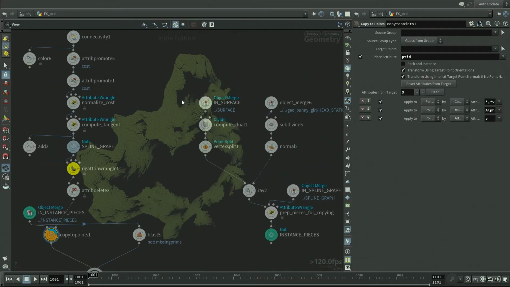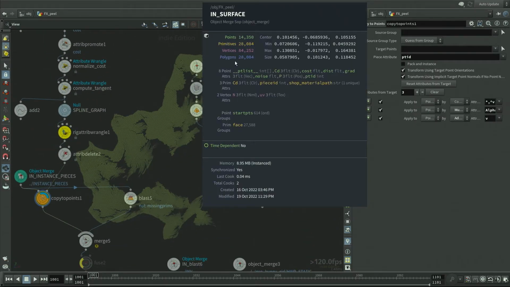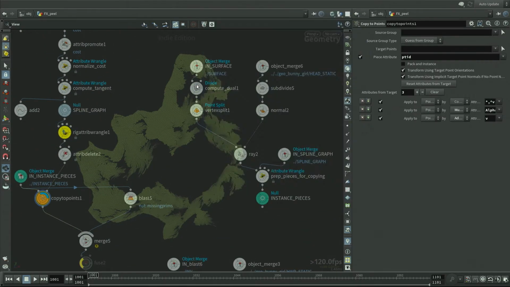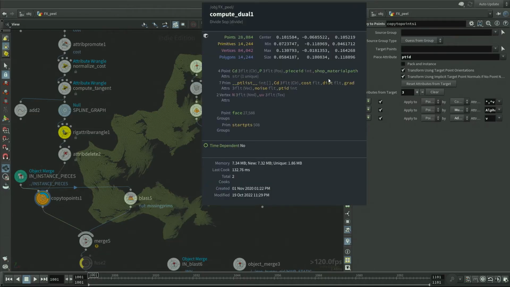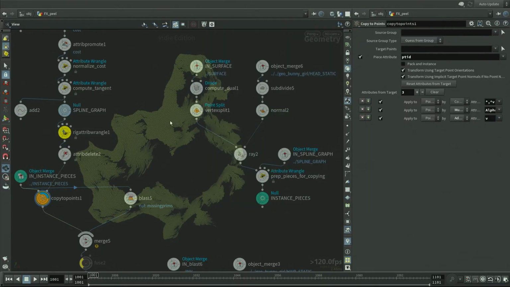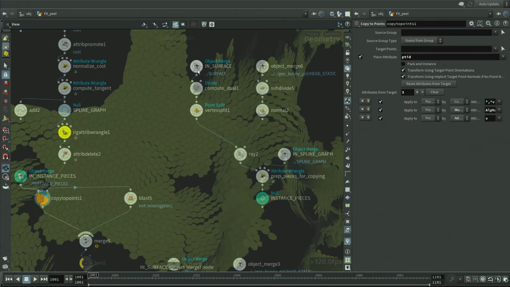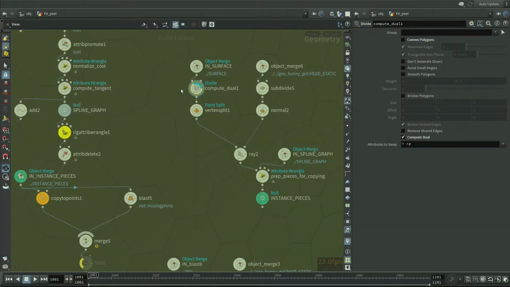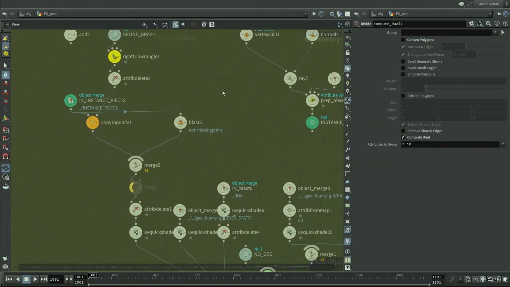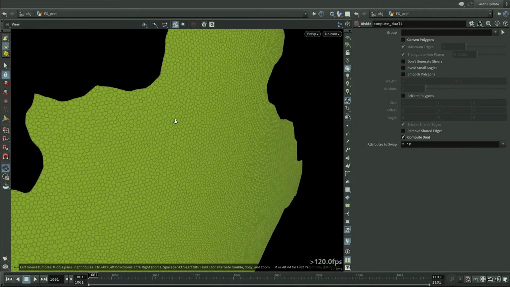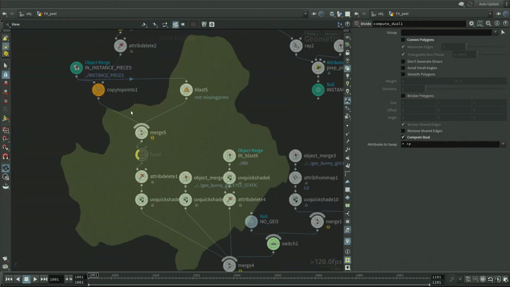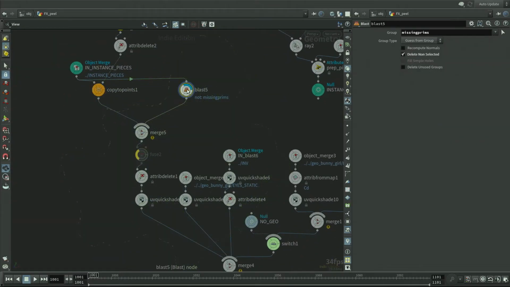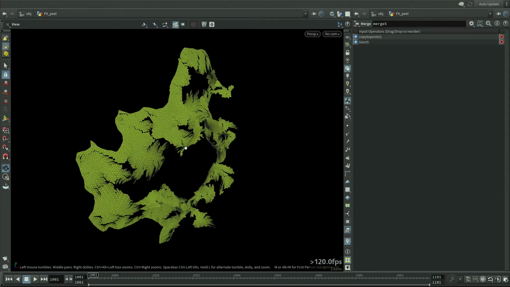In this case, one important thing is that here, PT ID was a point attribute, but here it becomes a primitive attribute, because the point itself, if you zoom in closely, you can see the point became a primitive. That's why SideFX made it so it does this automatically for you, so you don't have to do your own lookups. After this, once we add the missing ones, you can see now we have